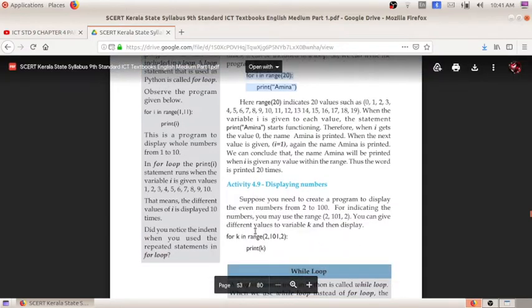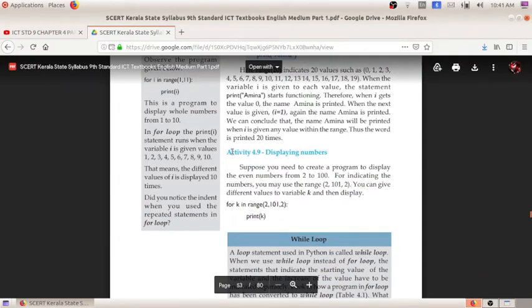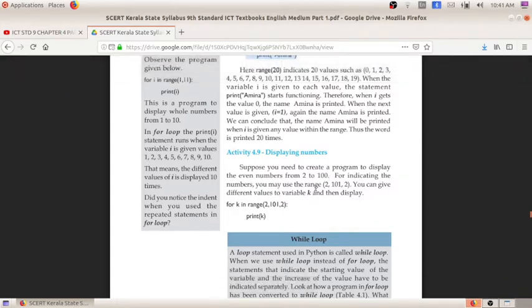So here we will go on to the next activity. This is also one of the programs using the for loop. We will see how this program gets printed. What can you understand from this program: for k in range(2, 101, 2)? The starting value is 2, the ending value is 101, and 2 is the difference.